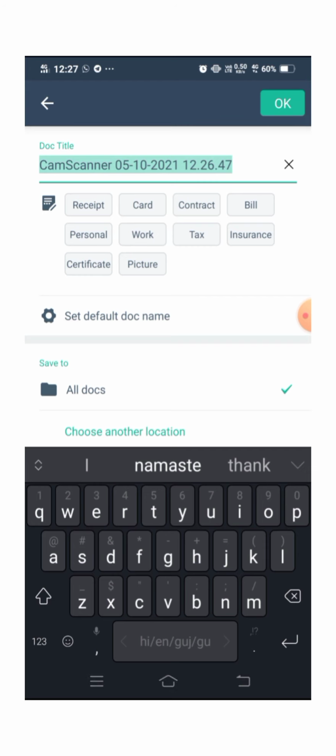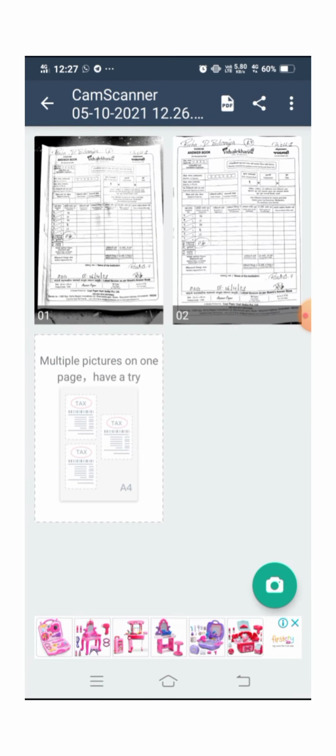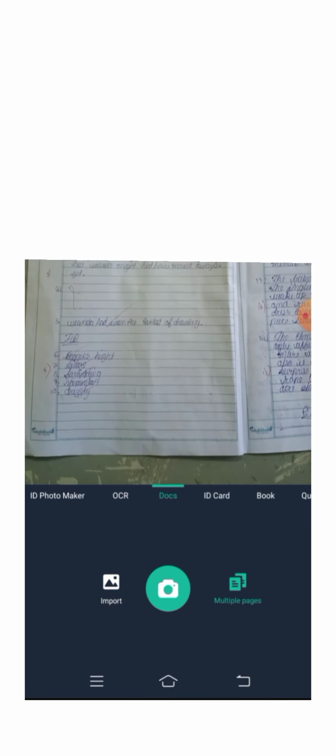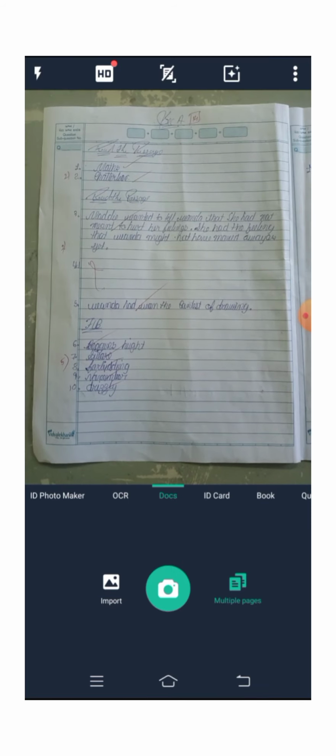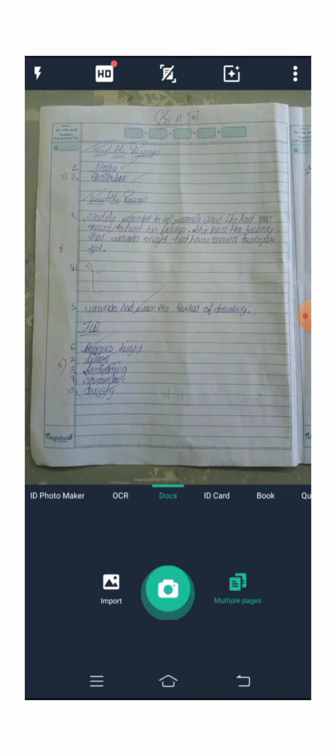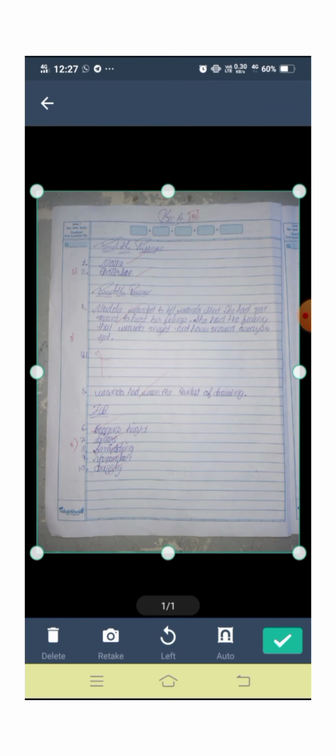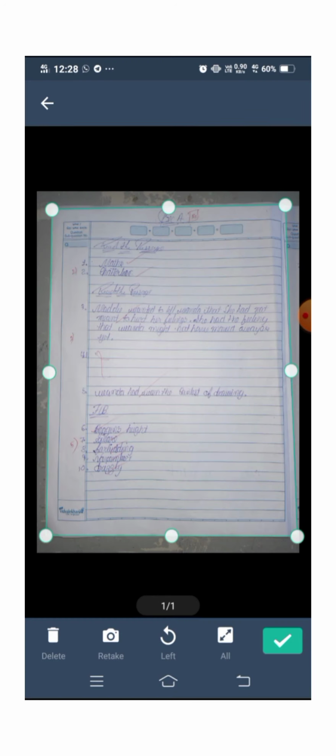Okay, so this is it. So this was the first page. Now I'll go to the second page of the paper. Okay, keep it open. I'll show you. I've opened the page, so keep it open like this. Again try to click the picture. Yeah, again see that the picture is proper. Try to select the portion which you want to send like this. Okay, again select this and make it like this.